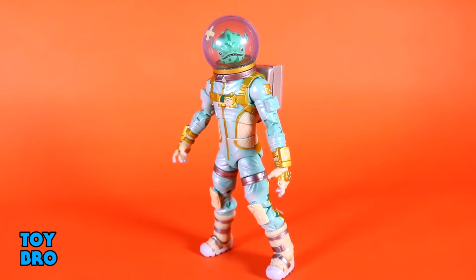And here he is out of the package, our Leviathan figure. I've got to throw out that disclaimer again that I really don't know anything about these figures. I don't know anything about Fortnite. I know what it is, in the sense that I know what the game is about, what type of game it is, and just generally how it's played. But I don't know anything about the characters, and even looking them up, it doesn't really tell me a great